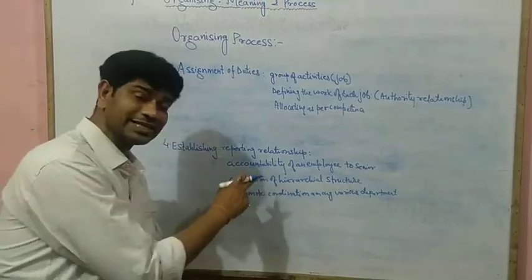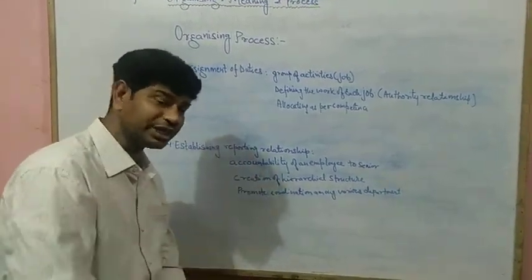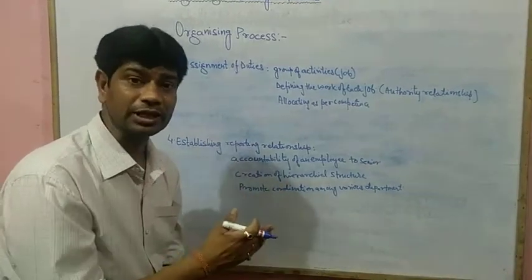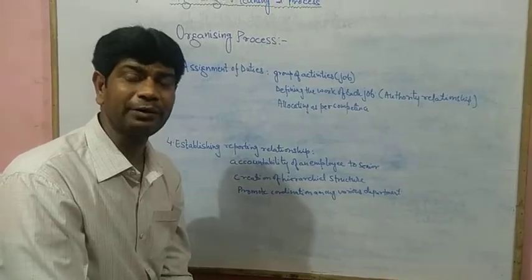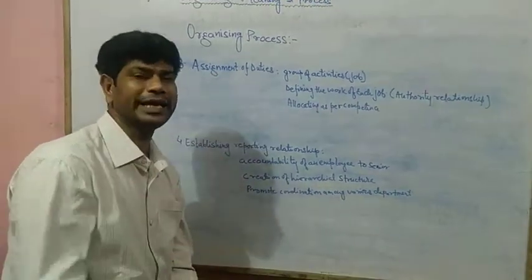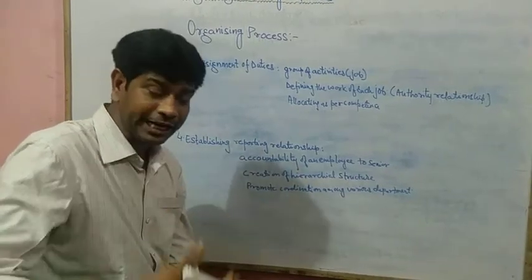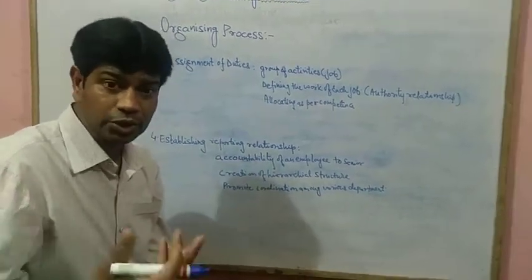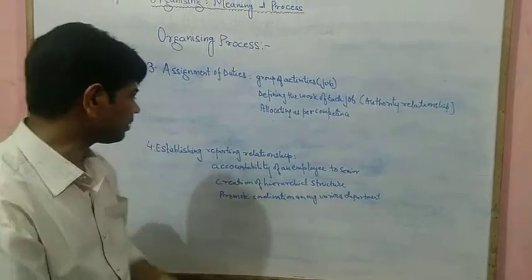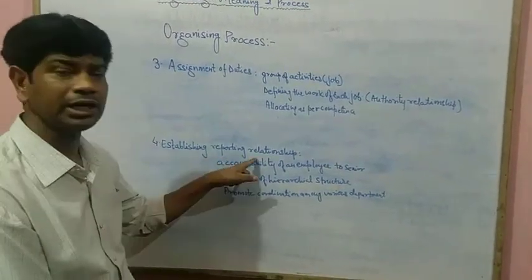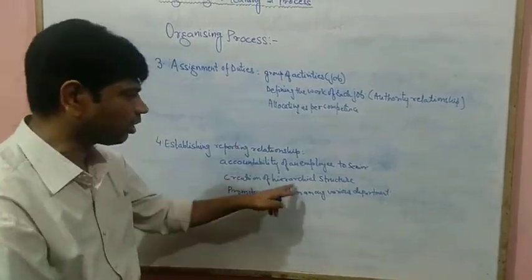Now this results in establishing a hierarchical structure. Hierarchical structure means the structure defining the power and authority of an individual. So this structure defines who an individual is answerable to, or to whom he should report. This is about establishing reporting relationship, that is creating a structure and hierarchy of